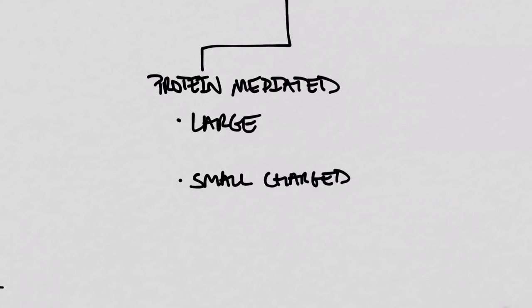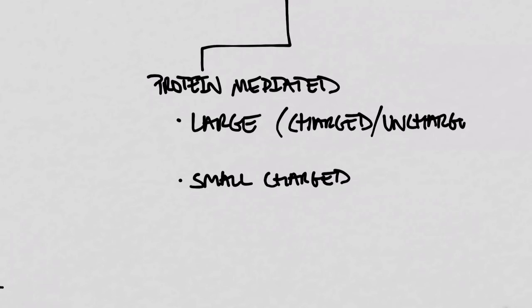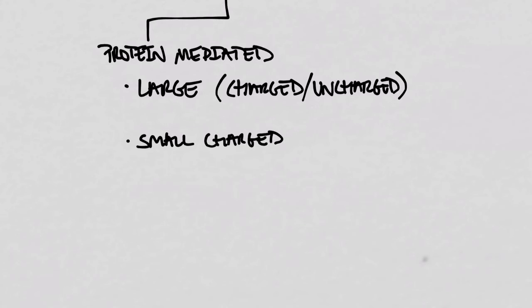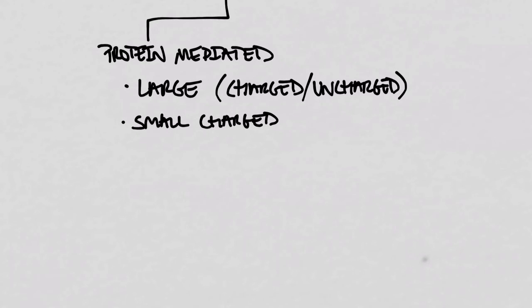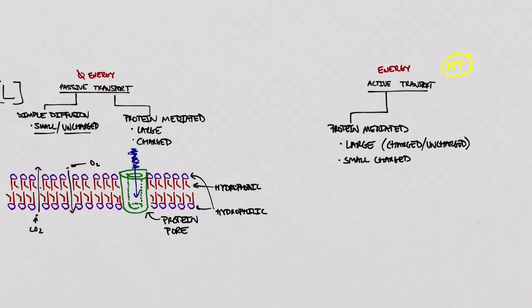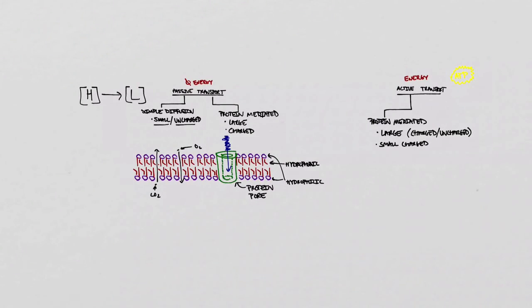I'm going to erase this. So the large molecules can be charged or uncharged. Or the molecules can be small and charged. And the difference between protein-mediated active transport and protein-mediated passive transport is that passive transport is always from